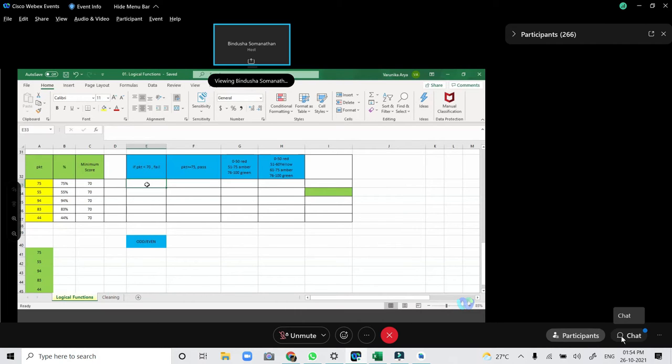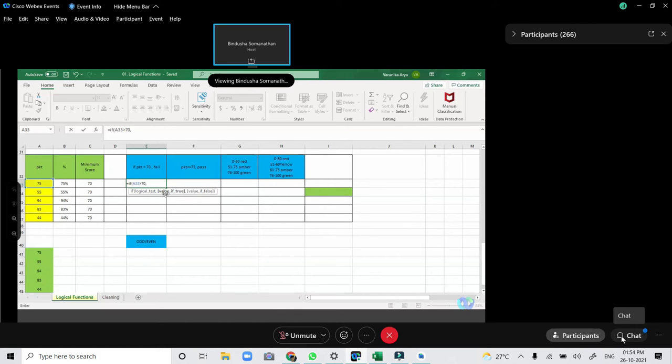Now this will check the logical condition, but it will return the values I want, or take some action I want. So the logical test that I'm comparing is the value present in cell A33. I want to check if this particular value A33 is greater than 70. If you see, you are getting this hint here.